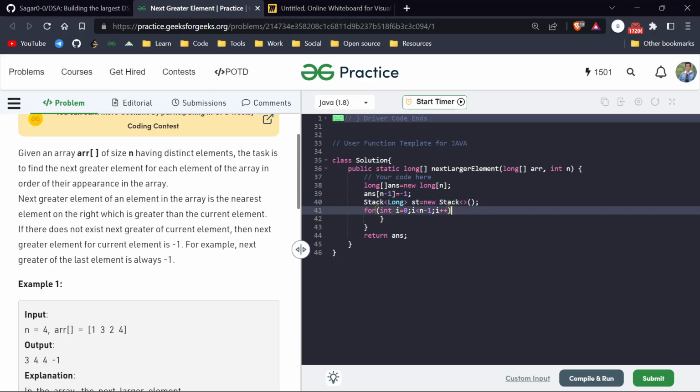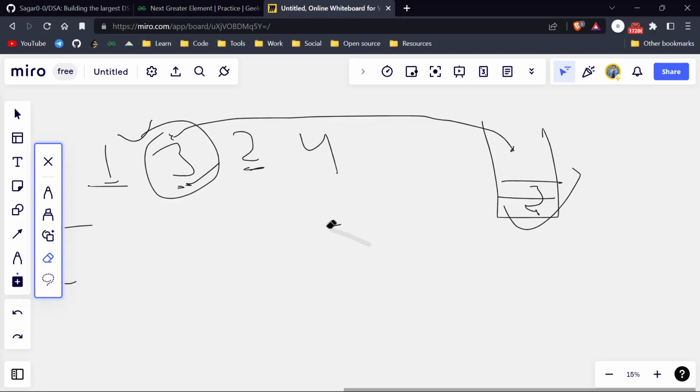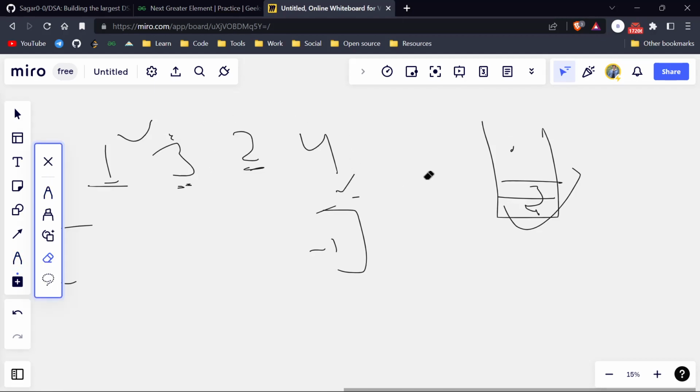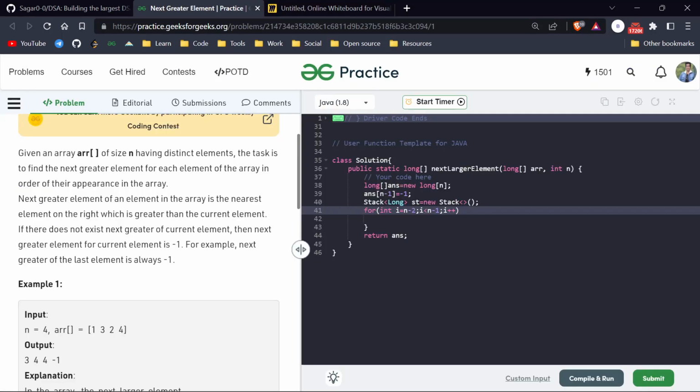So now what we have to do, first of all, we have to start traversing from our last index and the last second. You can also traverse from the last, but I will show you how we can traverse from our last second index. There is no answer currently, and we just stored -1 for this value, and this value is already in our stack. So this 4 is already in our stack, and we have to now check for this 2. So we will start from n minus 2